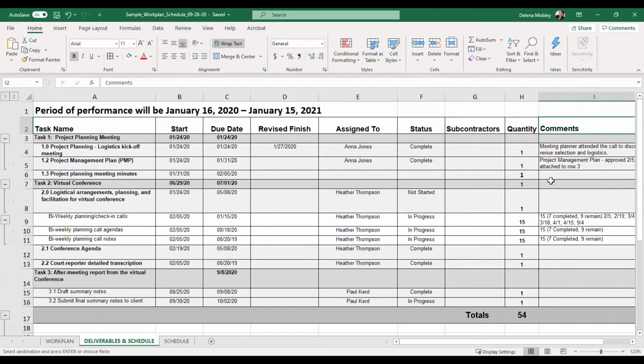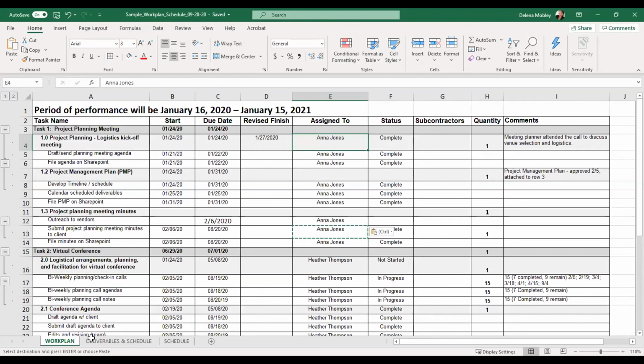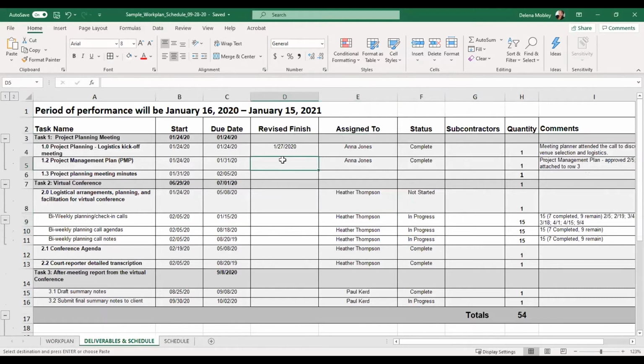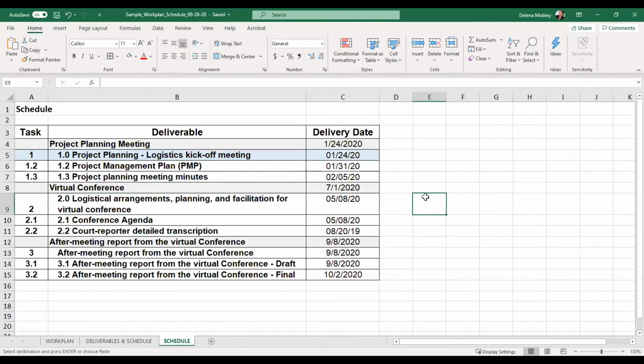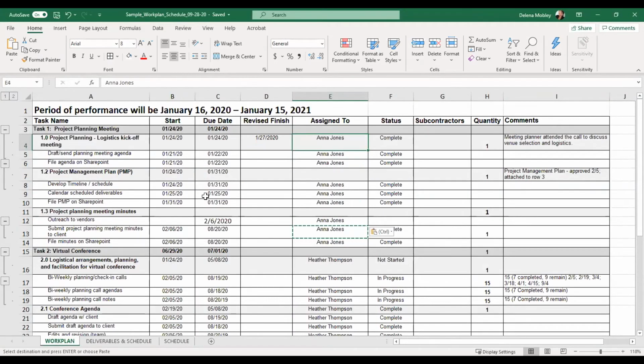And this is a great snapshot of your project where you can share with your team and not necessarily have to go through all of the phases of development as listed in your work plan. Another step that I like to do as a project manager is I like to link my sheets. So if I have a schedule that I've created from the scope of work, if the delivery dates are already listed here, I can save myself a step by going to my work plan,